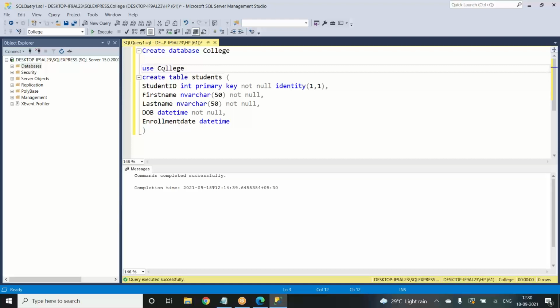So here we are using this college database, and while executing, you can also select that one. And even if we have a different database here, you can just execute it and it will show us that it is complete. So whenever you're executing something, first check whether that particular database is present here or not. If you do not want to go through all that, you can just write the command use and mention the database that you are currently working on.